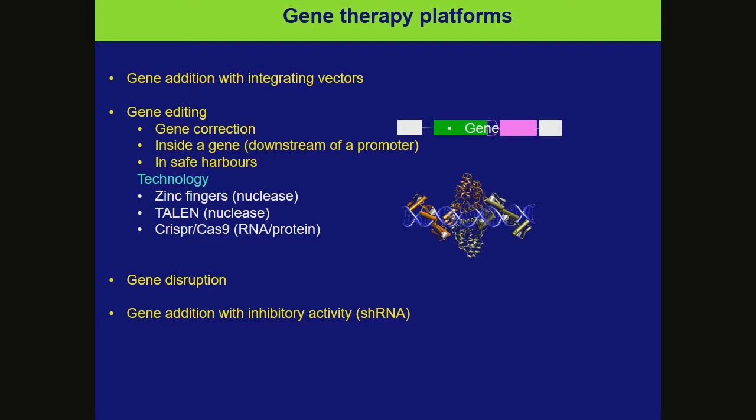So this is a much more potent technology in principle, because it allows not only to insert a copy of the gene, but it can also disrupt a gene. So for example, if you have a dominant mutation, this can be eliminated. You can have homologous recombination at a specific site. So you can have more precise treatment, avoiding even the risk of insertional mutagenesis, although there are still some off-target sites, so some of the points which are not the specific ones. In general, the risk is lower, and also it is better in terms of control, of physiological control of the gene that we want to